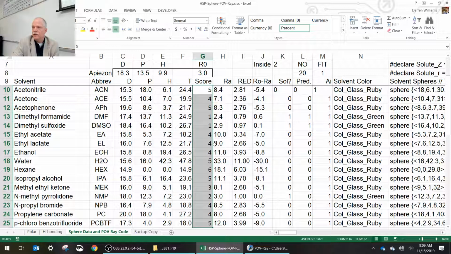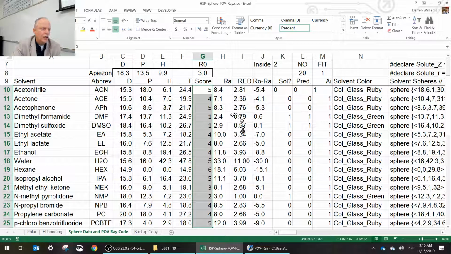Some were 1s, which meant they pretty well dissolved it. 2s were, it looked kind of like it was dissolved, but you could still see a clump at the bottom. 3, the solution was murky, and the grease looked like it changed form a little bit. Maybe it softened, but didn't really dissolve. 4, the grease blob looked like it did in the previous pictures. It might have some murky solvent, but essentially the grease hasn't been appreciably swollen or